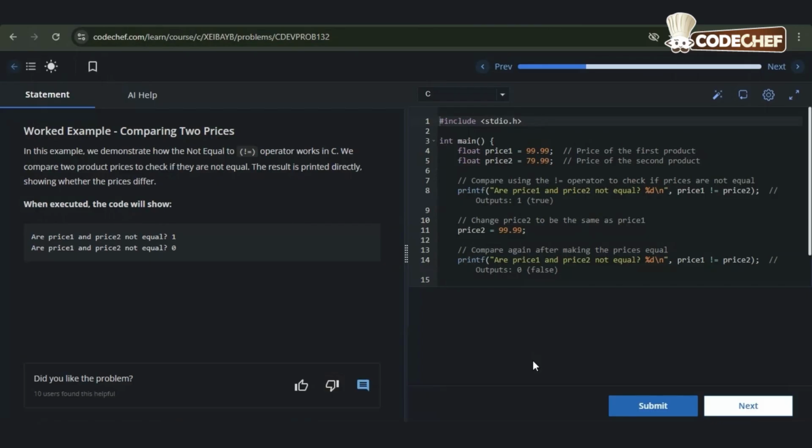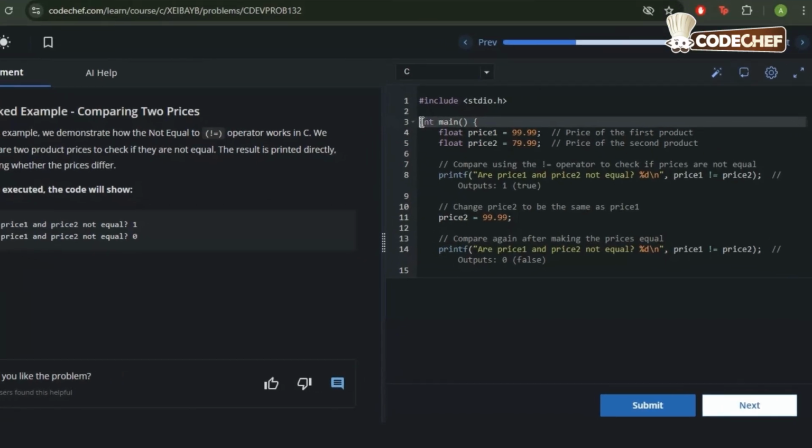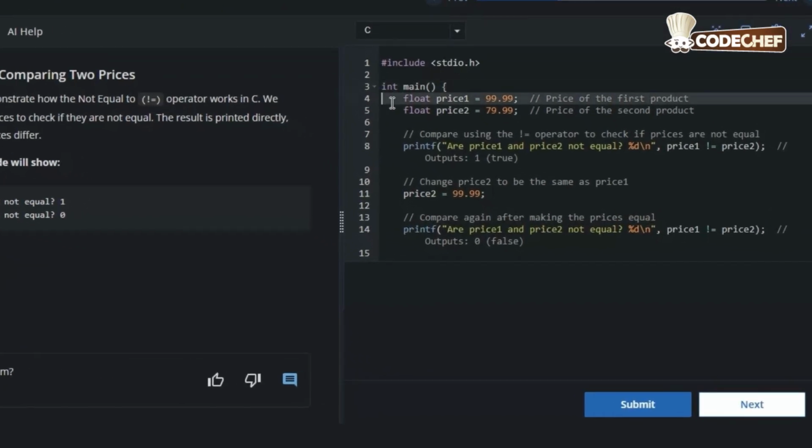Now let us see a practical example where we compare product prices to check if they are different. This is useful in shopping applications, price matching systems, or inventory management. We start by including the standard library, and our main function begins here. We declare float variable price1 and set it to 99.99 and float variable price2 to 79.99. These are the two products.